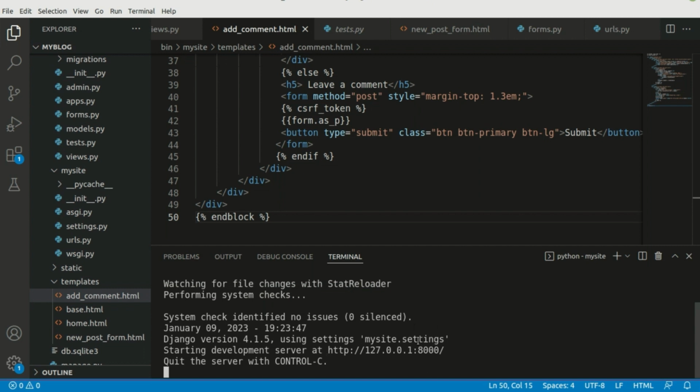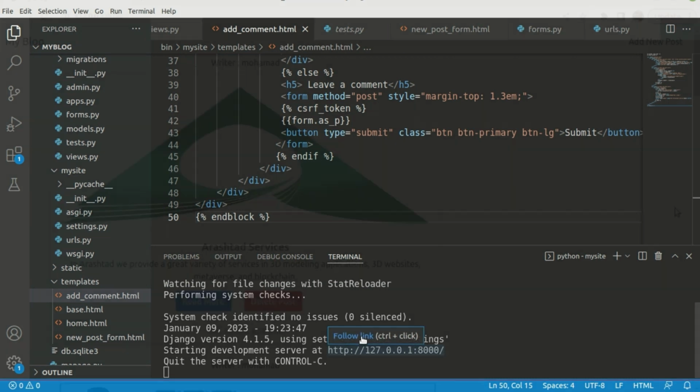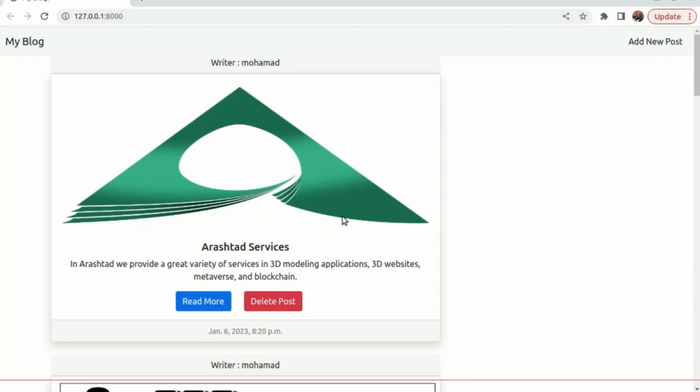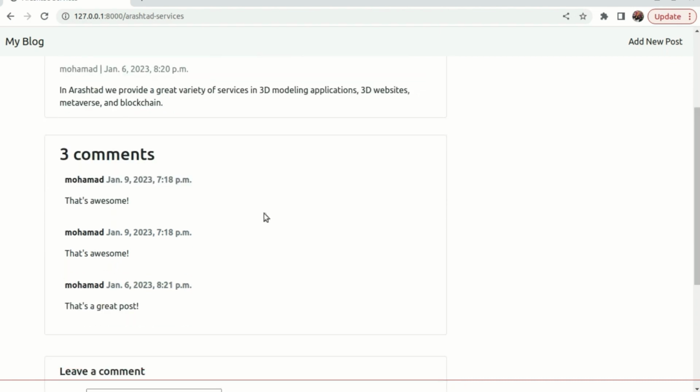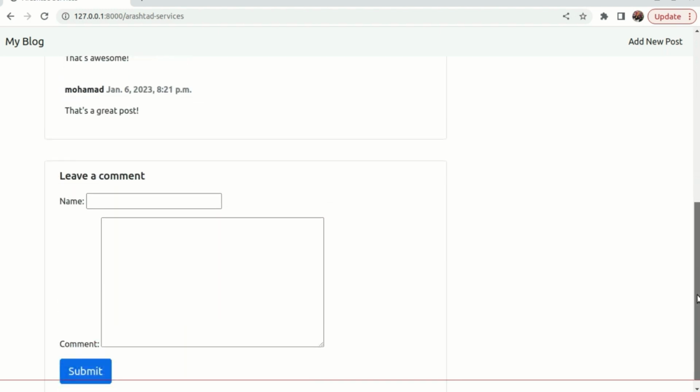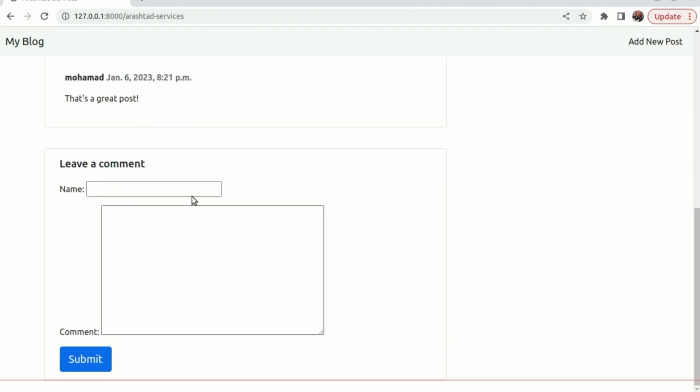Now what we're gonna do is to follow the link over here, and here we are in the main page. So we've created some posts. Let's read more about the post. And as you can see, we've got the post and 3 comments are created, and these comments are related to the time I added them to the main panel. Also for test, I added these 2 comments today, and so I'm gonna leave another comment, right? So I'm gonna write good job. So I'm gonna submit this,